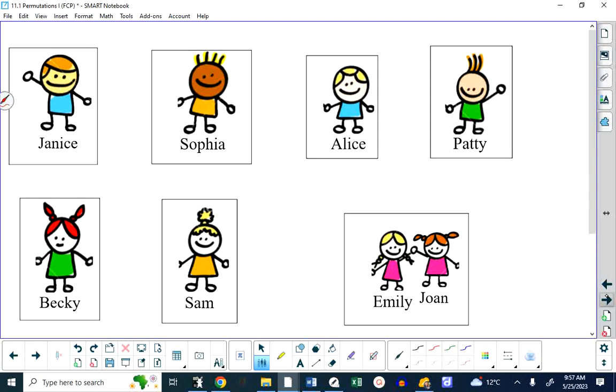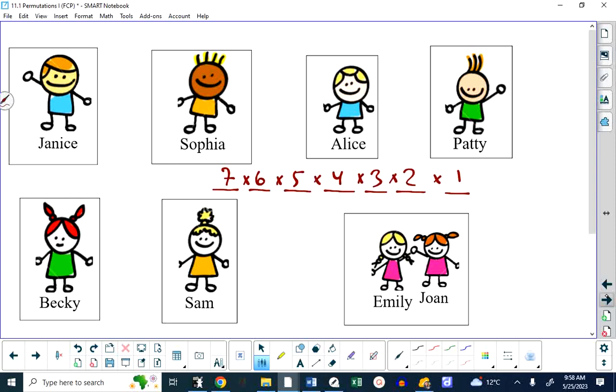So what we would do there is we would say there are 1, 2, 3, 4, 5, 6, 7 different items, and we're going to have to, sooner or later, 7 times 6 times 5 times 4 times 3 times 2 times 1. Sooner or later, we're just going to say the number of ways to arrange 7 items is 7 factorial,